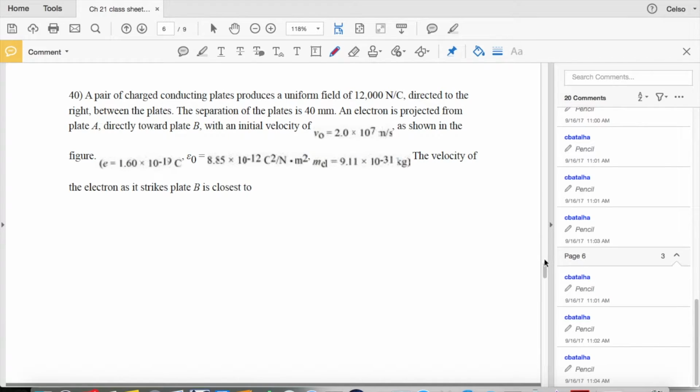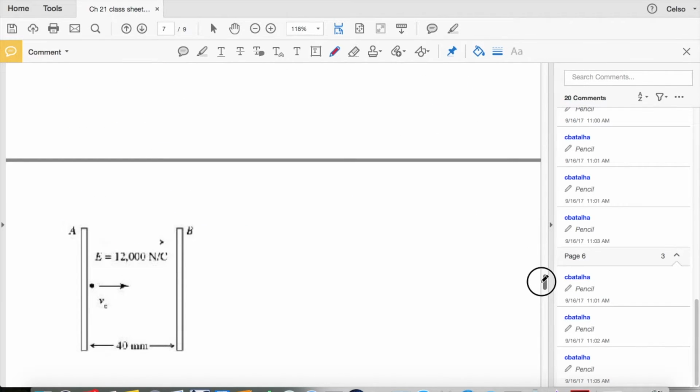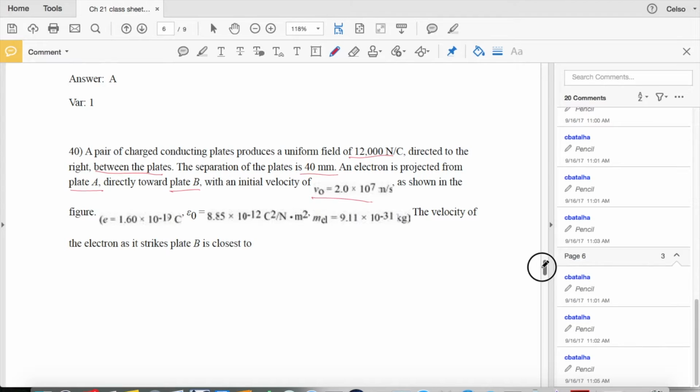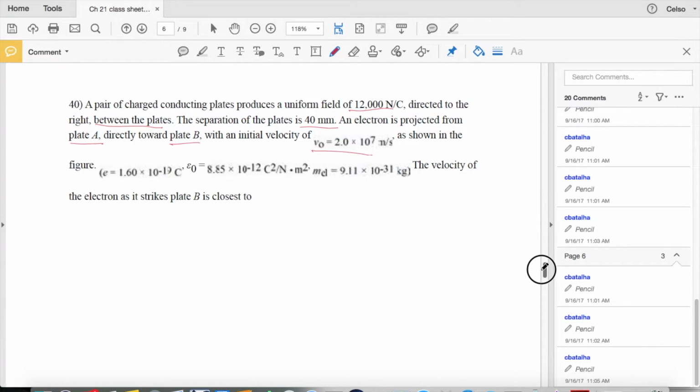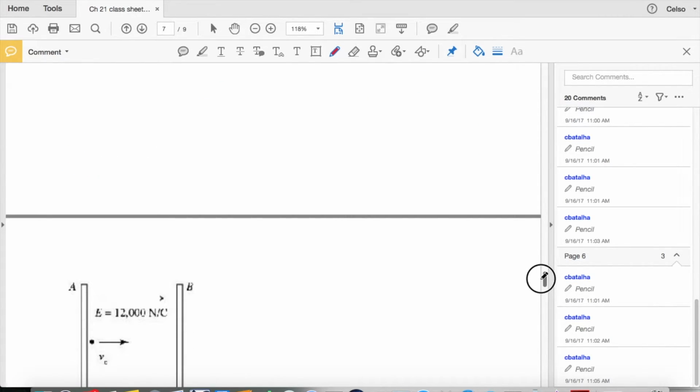I'm getting tired. A pair of charged conducting plates produce a uniform electric field given directly to the right between the plates. The separation of the plates is given. An electron is projected from plate A towards plate B with an initial velocity given, as shown in the figure. Oh, there you go, we have a figure. Don't need to draw. Constants are given. The velocity of the electron as it strikes plate B is closest to: